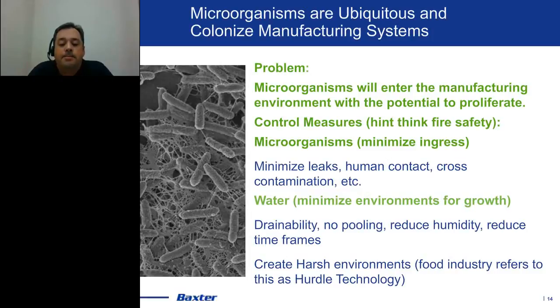All right. So kind of going into that ubiquitous nature, microorganisms are everywhere. They can enter your system, so you won't need to worry about ingress. And once they're there, they can proliferate. And so when I think of microbial control, one of the parallels I like to draw is a comparison with fire safety. I think it's because pretty much all of us in school or in our professional careers have had some type of training on fire safety, which, if you remember back to that, there's really three elements they tell you to control. There's your fuel source, there's your oxygen, and there's your ignition source.